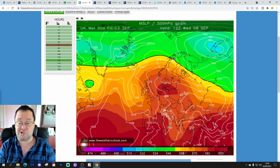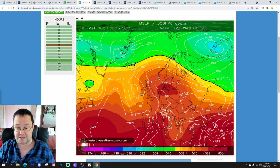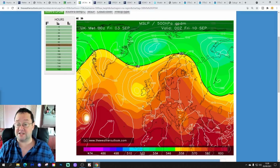Summer is not done with us yet. Temperatures going into the upper 20s Celsius, possibly hovering around 30 degrees by the middle of next week. We've got low pressure to the west of the island starting to move in by Wednesday, and that could begin to bring an increasing risk of heavy showers and thunderstorms, and that carries on into the second half of next week,